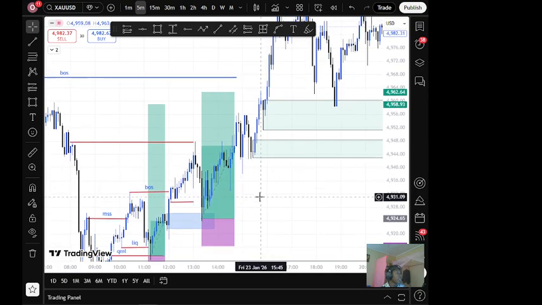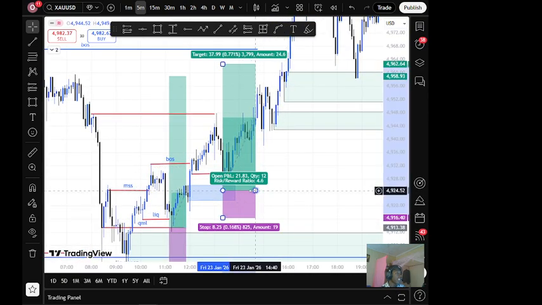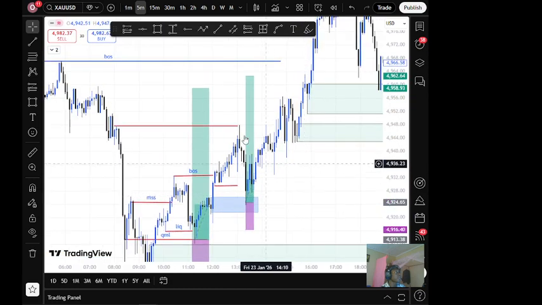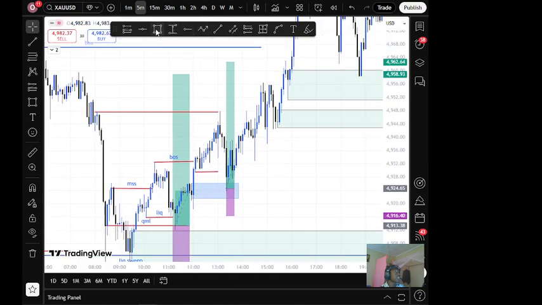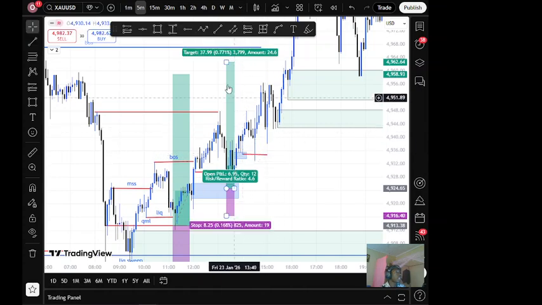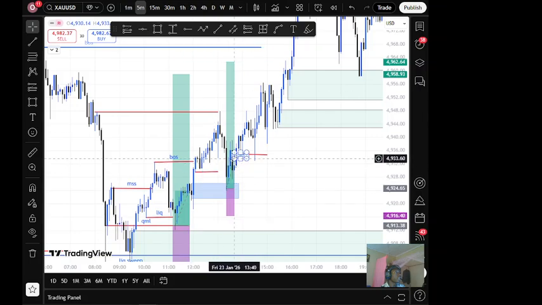You can also see this one also, guys. See how this analysis at the lower time frame is so easy. You can also see there's a fair value gap here, there's a fair value gap here, and also the other thing, there's a liquidity at this zone here. So what price will do, there's also an order block at this point here. There's an order block here. Same again, just